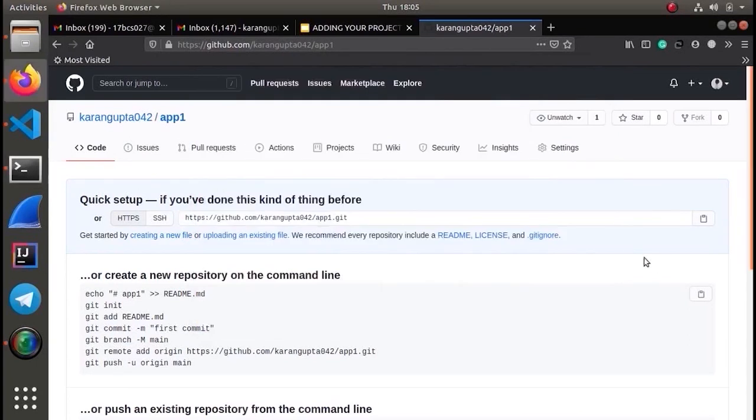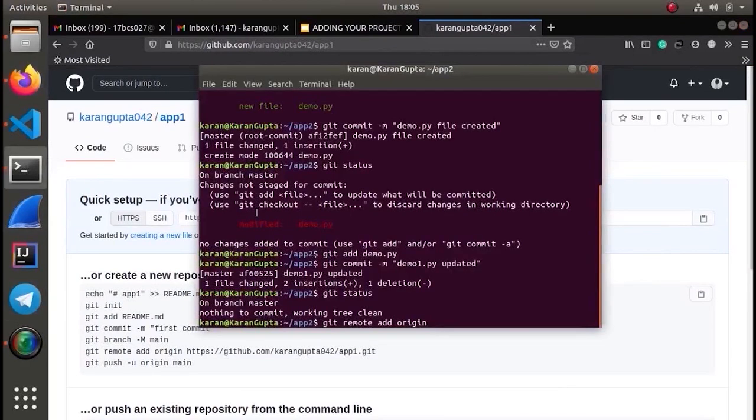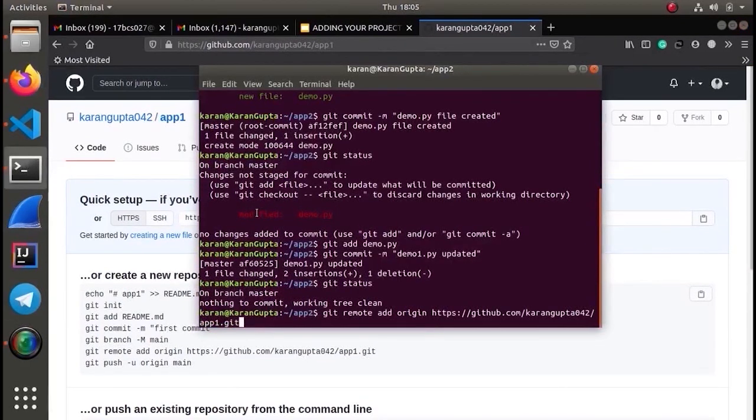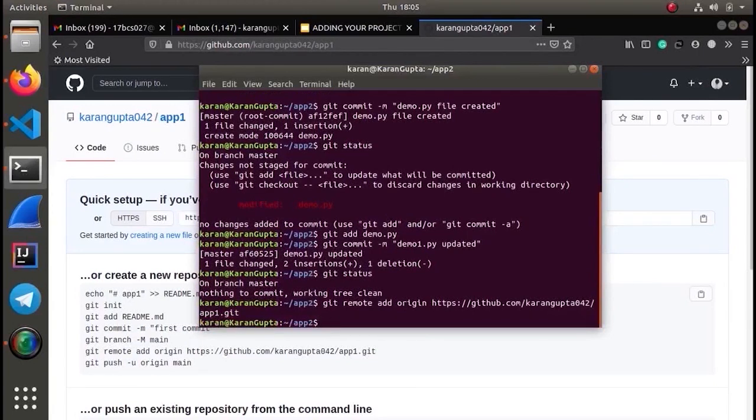We need the repo link, which is this. We can copy it to the clipboard and paste it. So we have connected to the remote repo.